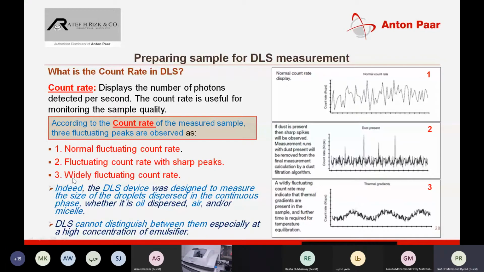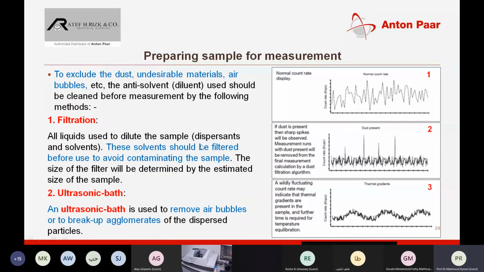Indeed, the dynamic light scattering device is designed to measure the size of droplets dispersed in the continuous phase, whether they are oil droplets, air, or micelles. DLS cannot distinguish between them, especially at high concentrations of emulsifier. To exclude dust, undesirable material, air bubbles, and so on, the anti-solvent or diluent used should be cleaned before measurement